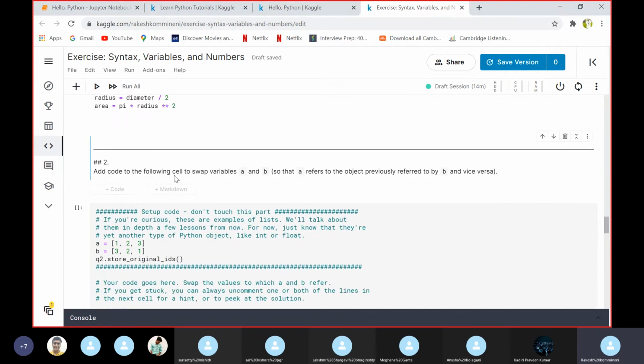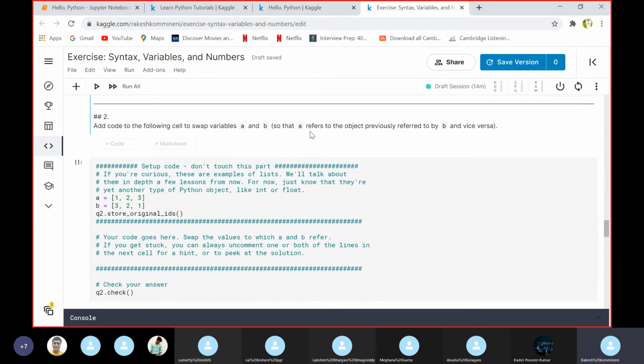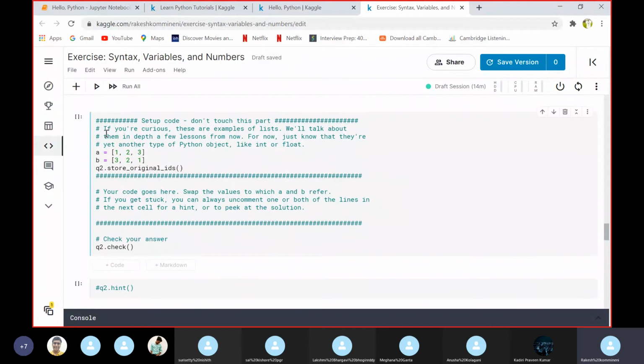Add code to the following cells to swap variables a and b, so that a refers to the object previously referred to by b and vice versa. Set up code, don't touch that part. If you are curious, these examples of lists we will talk about in depth a few lessons from now. For now, just know that they are.